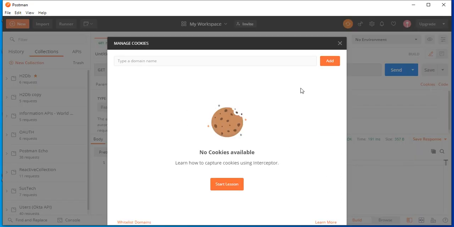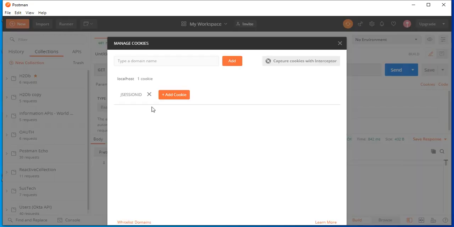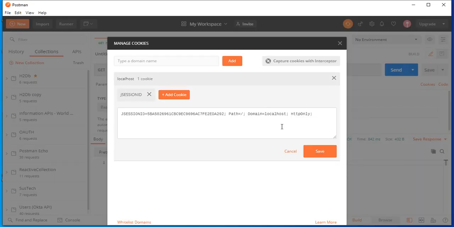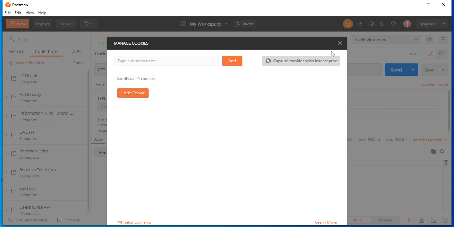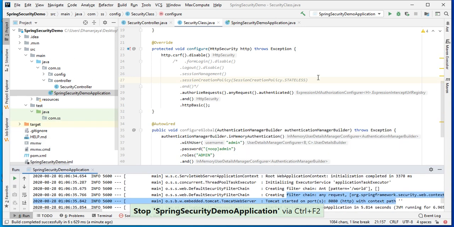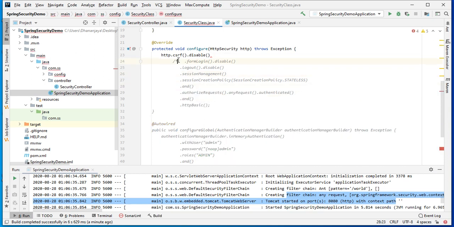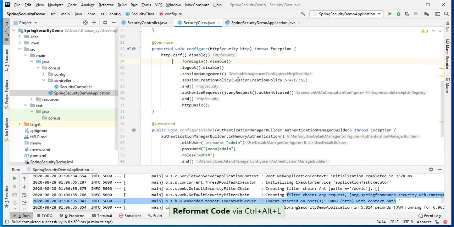If you see here now, there is no cookie. Let me hit. Yeah, user authenticated and we got the response. I go to the cookie. If you see JSESSIONID created here, right? So in RESTful services, you need not manage any session related things. It should be stateless.